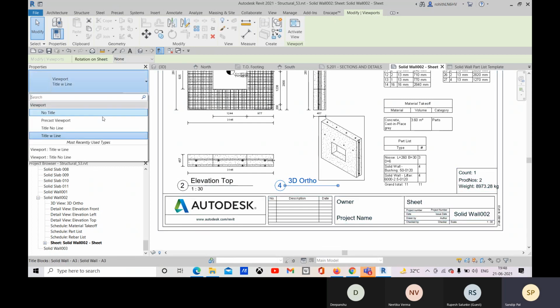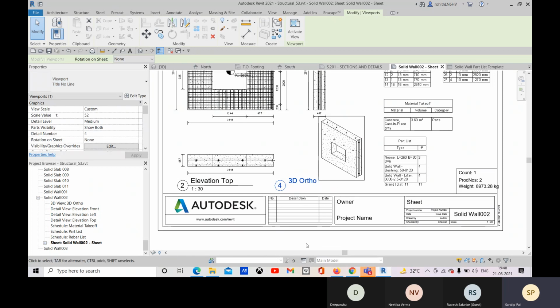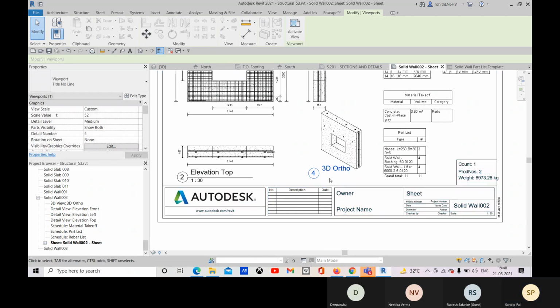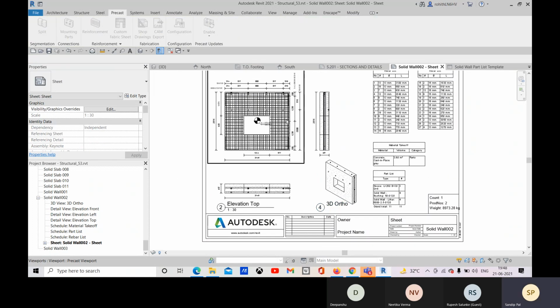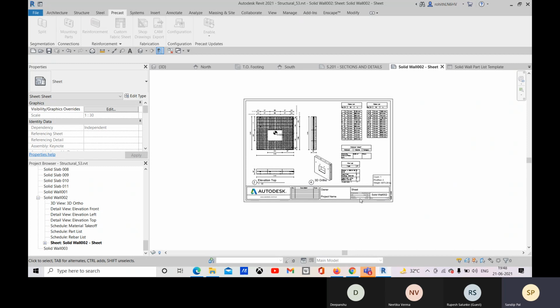And after that, I can go for title with no line, and there it is placed. And I think this way I can select it. Yes. Okay, after deselecting it, I can select it like this. And this way we can place it. Okay, so this is the way we can generally create a shop drawing.